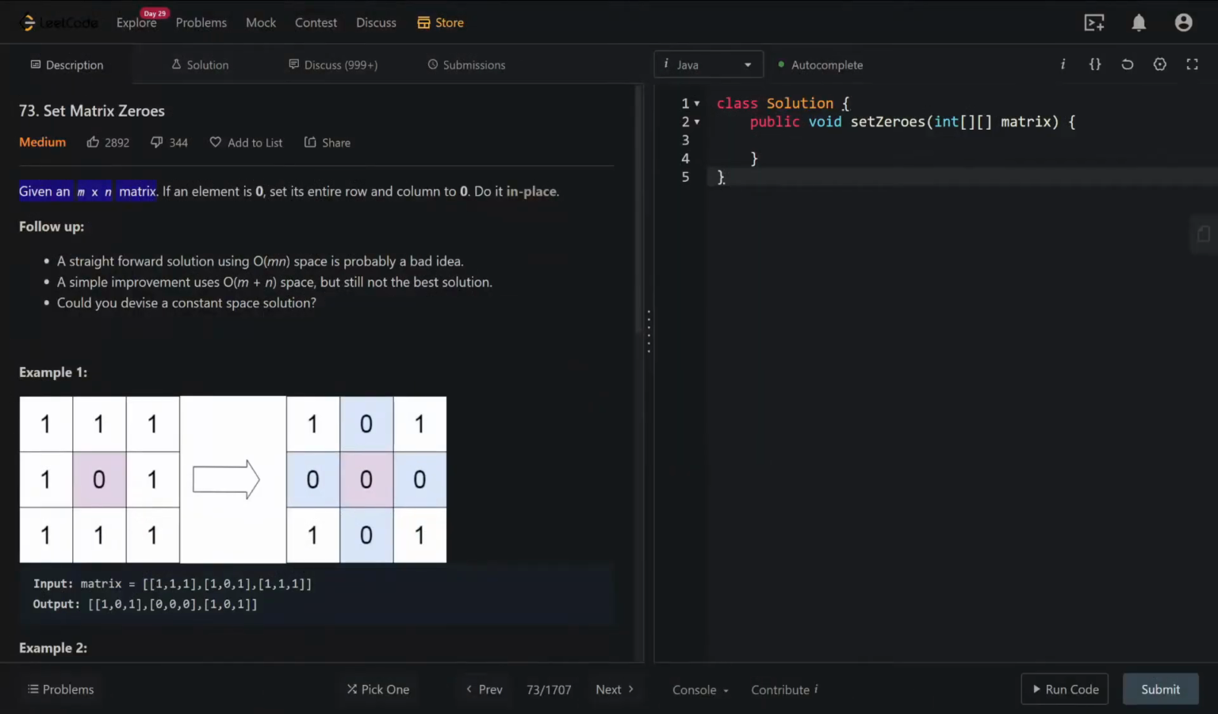mainframe. Given an M by N matrix, if the element is 0, we want to set the entire row and column to 0. It's important to mention that we want to do it in place, meaning that we need to modify the existing matrix. So in the follow-up, we're going to figure out how to do this problem using m times n space, how to use m plus n space, and we're going to find a solution that uses constant